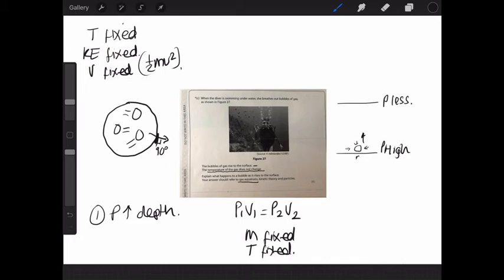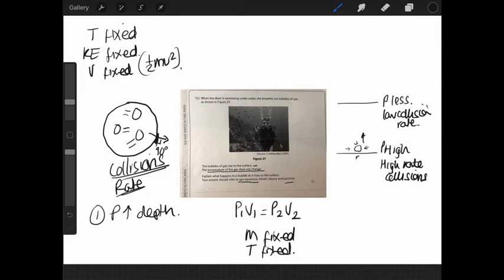The kinetic theory, well, I've started going to that. That's our idea of the particles here in the gas moving about very quickly and being far apart from each other. And then we have to link in those ideas of the particles and these collisions. It's really important. We talk about what's causing the pressure here. The collisions, the rate at which those collisions happen. So at high pressure here, we have got a high rate of collisions. And a lower collision rate up here. Because that's what we know about pressure.